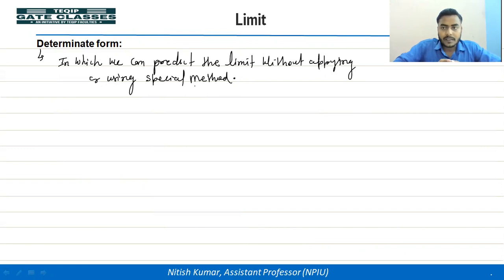So just understand the determinate form: the form whose limit can be calculated without using a special method.